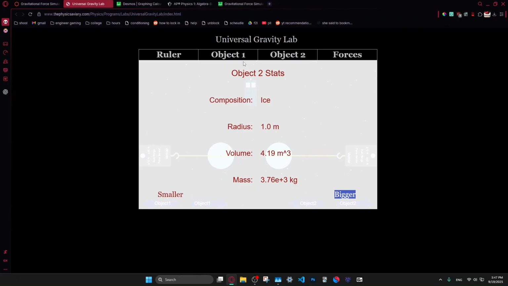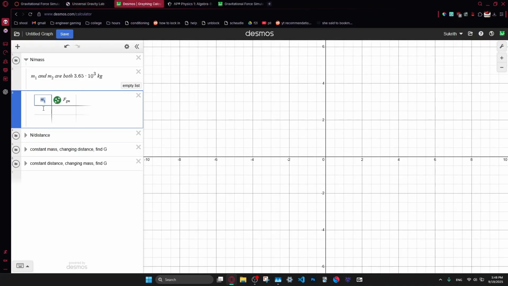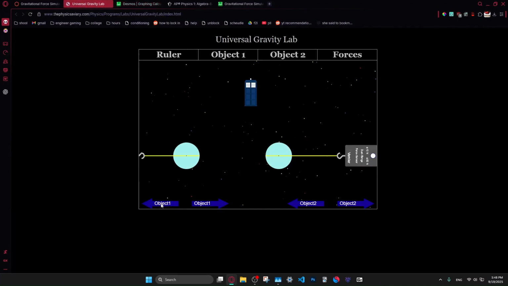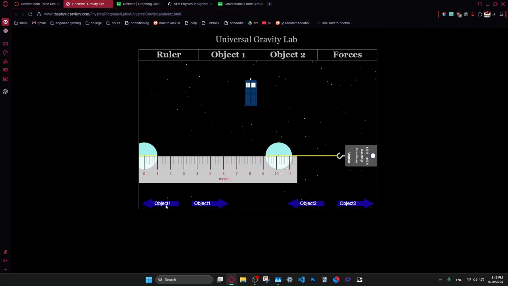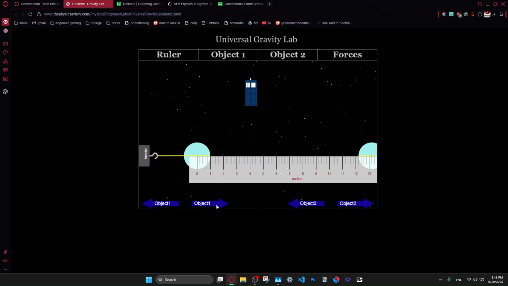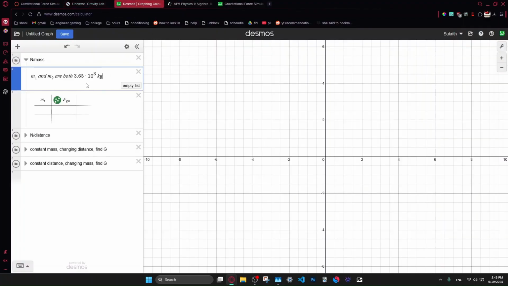Alright, so let's get started. We're going to keep changing object 1 because we called it M1. To start off with, first we need to set a constant distance, right? I'm going to make it really far away, so it has room to get as big as I possibly can. We'll keep this one really far to the right, and then we'll keep this one a bit closer. So it has room to get really big, right? So we'll keep our constant distance at